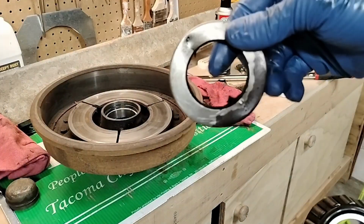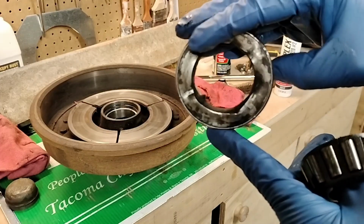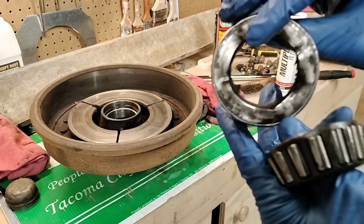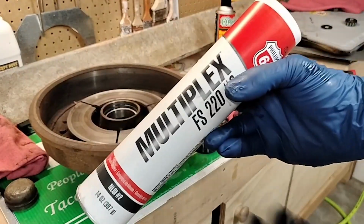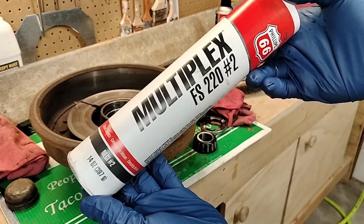I mean, even before I took this out, it was a bit damaged, and I think they had taken it out, put new bearings in, and then used the same bearing seal again. And you can see I damaged it quite a bit with the bearing puller to get it out. This is the grease that the people at the specialized bearing store recommended,